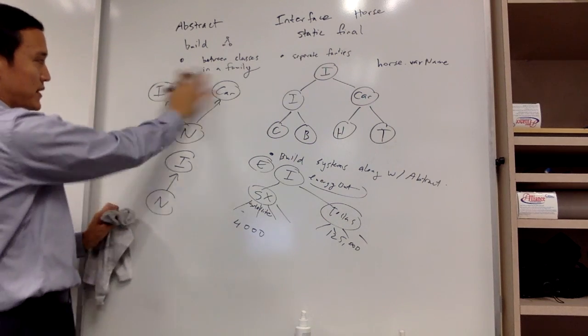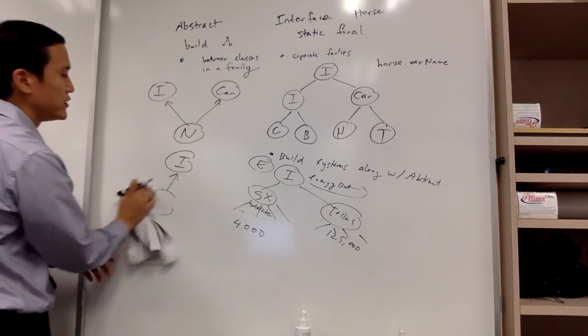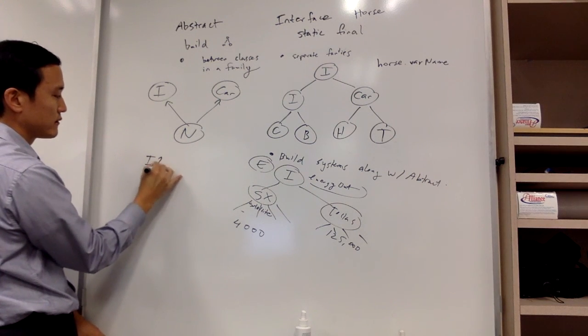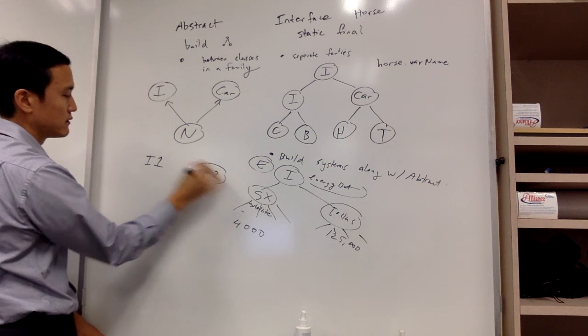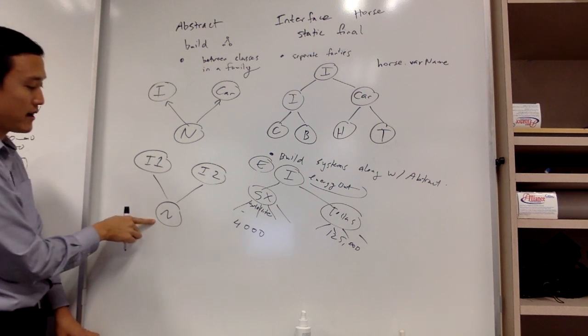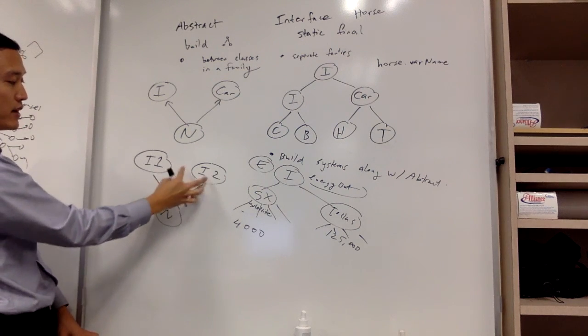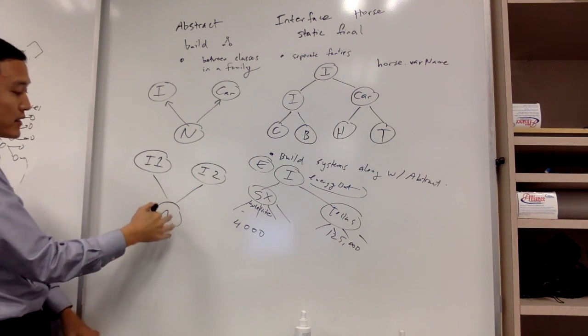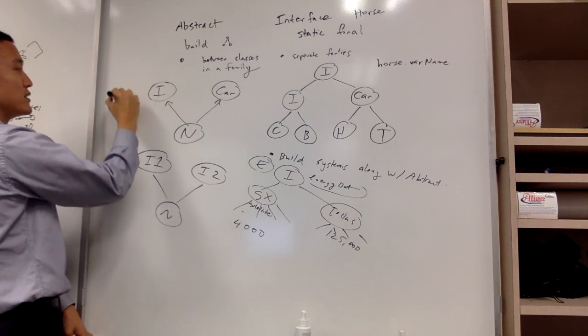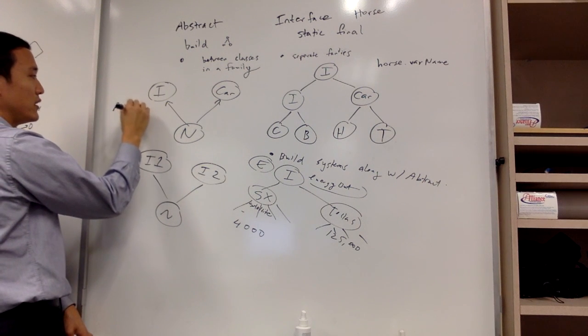How would you do it? You create interface 1 and interface 2, and since you can implement multiple interfaces, the new class implements both of them. It's multiple inheritance. But the difference between this situation and the class situation is that with classes you have the possibility of ambiguity,